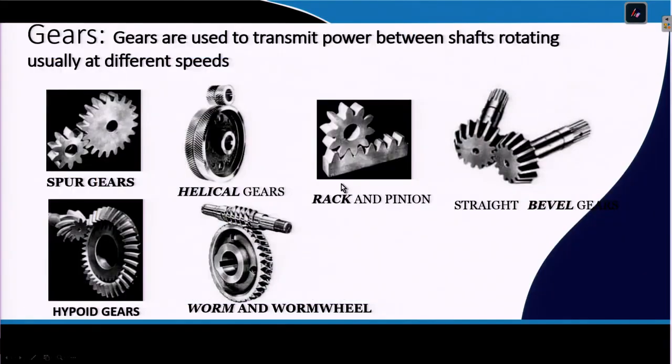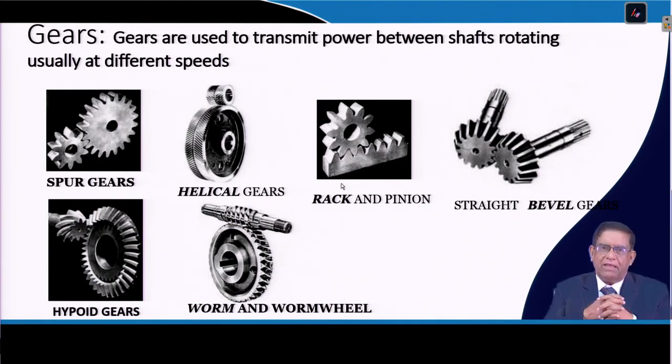So, like that, other than the bearing, the main component of any machine is the gears. In a machine you may have different types of gears. You know about the spur gear, where you can see that the teeth are parallel to each other. The smaller one is called the pinion, and the other is your gear, and the teeth can be straight or at an angle.